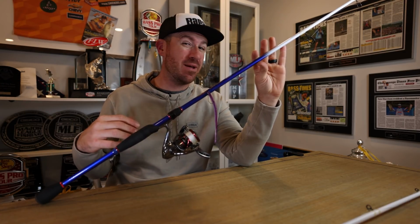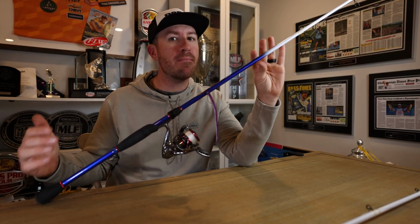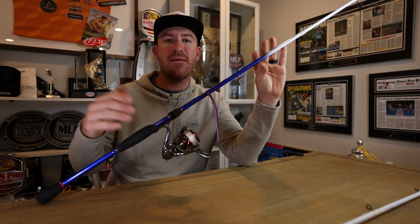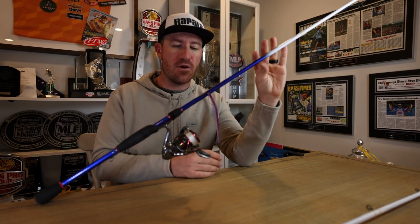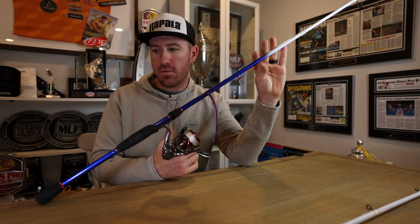If your boater's flipping laydowns or some of the cover, maybe pitching a drop shot with a 1/8 ounce weight might trigger a few bites that guy was not going to get, and ultimately you have a really good tournament. Also, now you can change up your baits as far as what you're throwing. A worm, you can't go wrong with a hand poured worm. You can't go wrong with